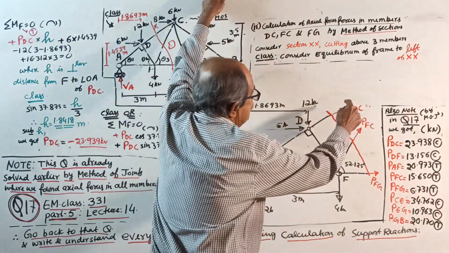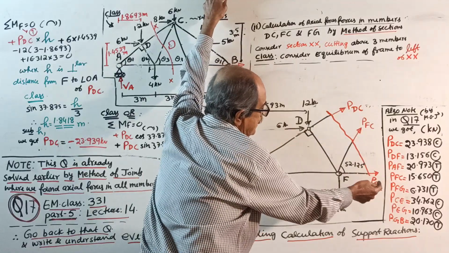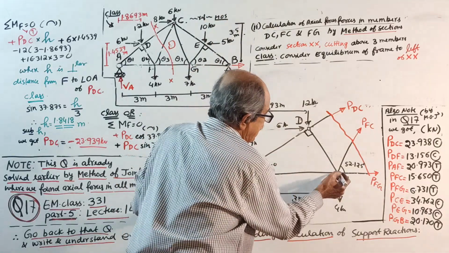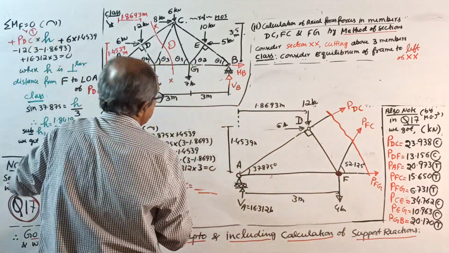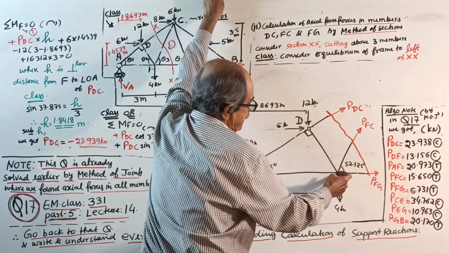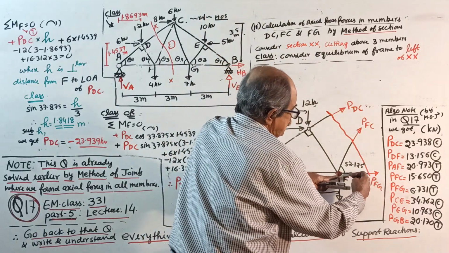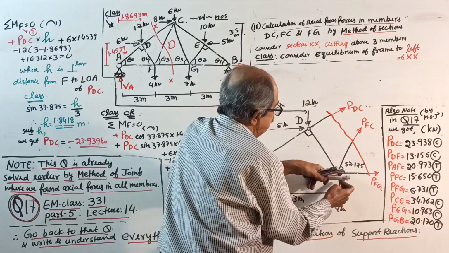Now, PDC, PFC, PFG. Among the 3 unknowns, 2 unknowns are meeting at the point F, so we will take moment about F. That's why I took moment about F. Clockwise positive. When you take moment about F, PFG into 0, PFC into 0, even 4 also into 0,